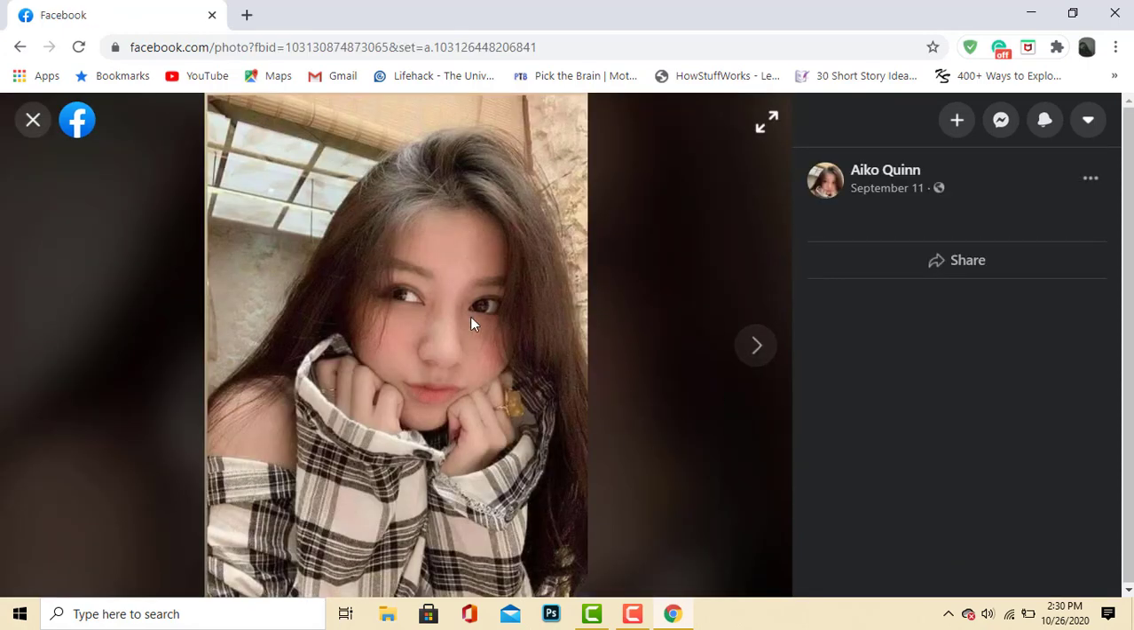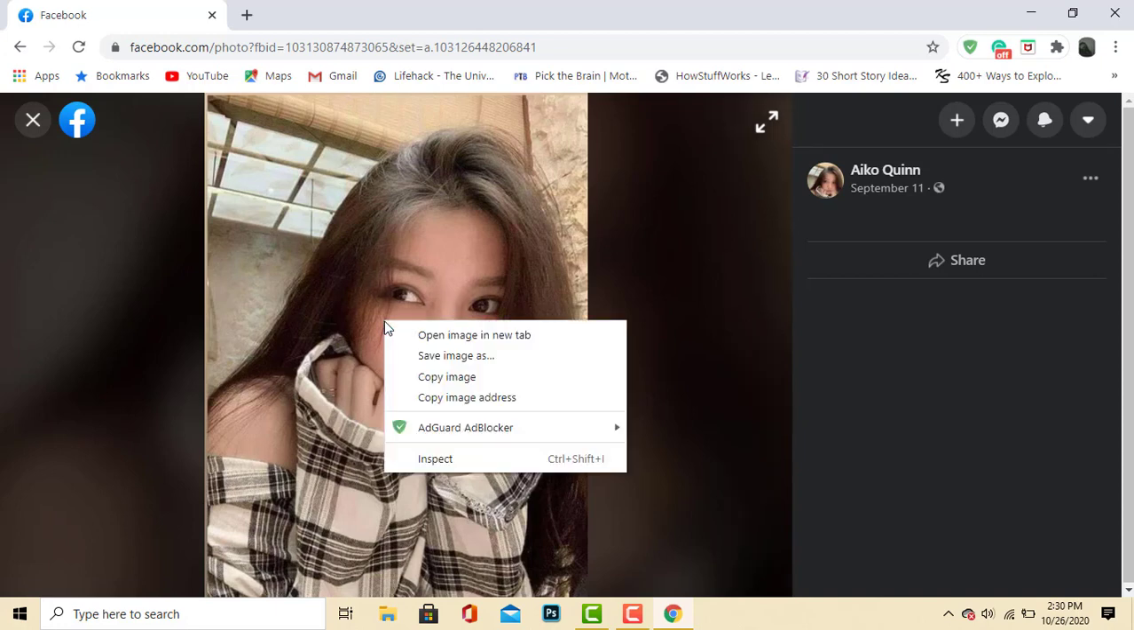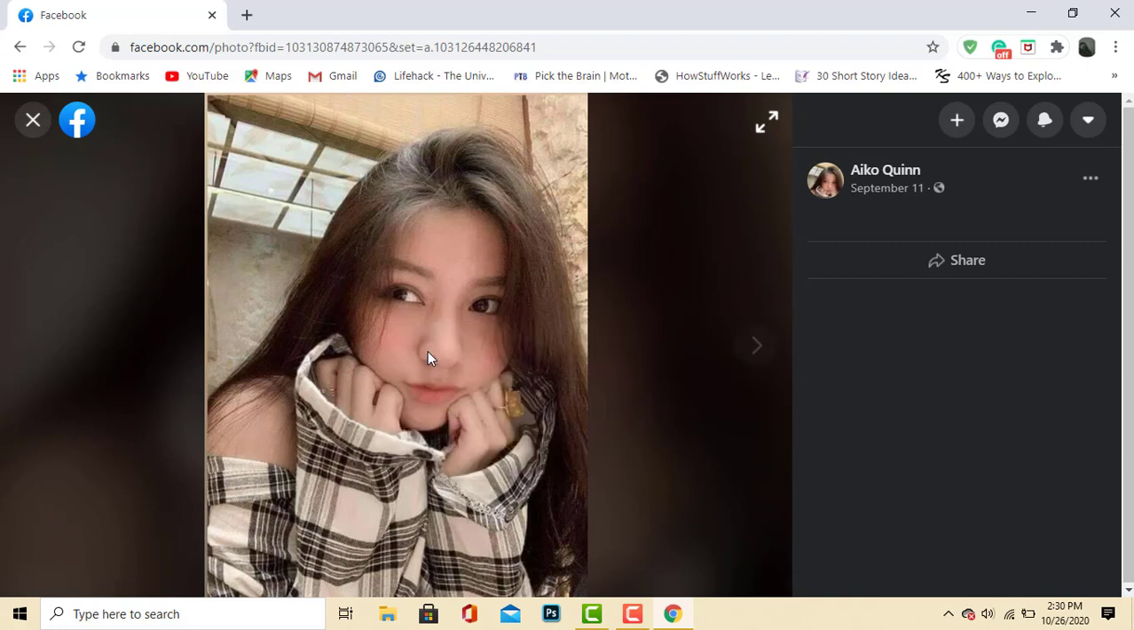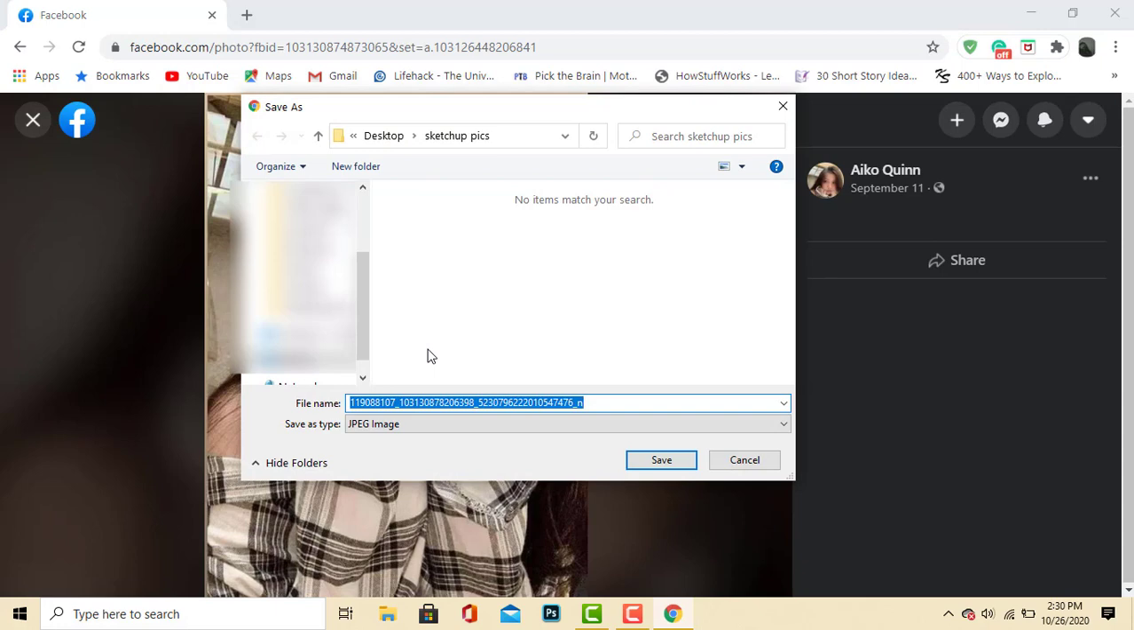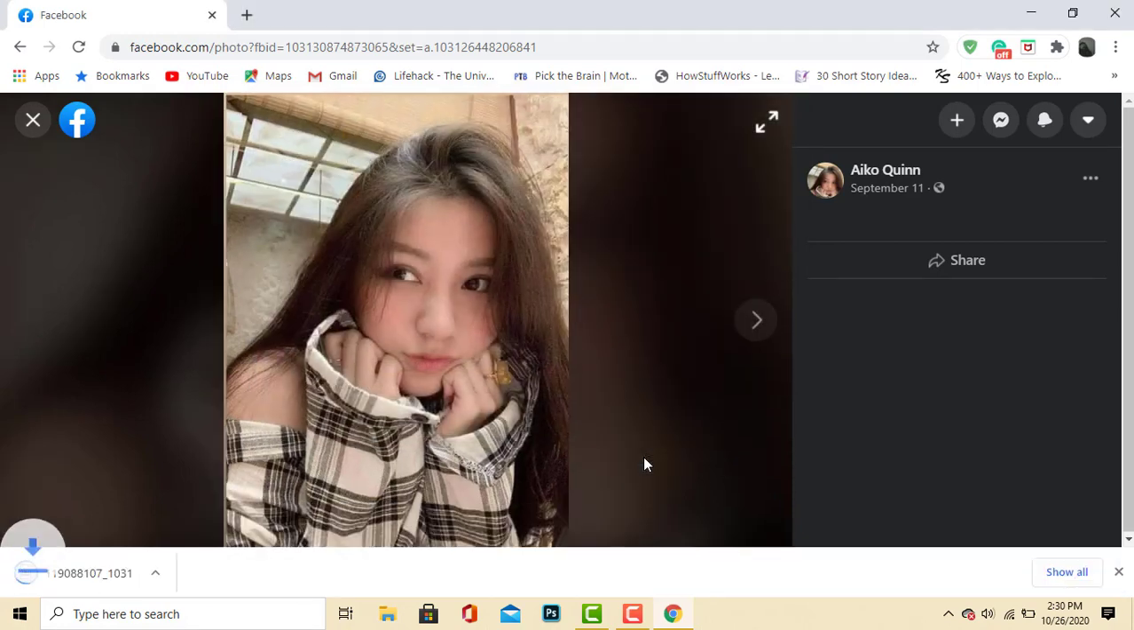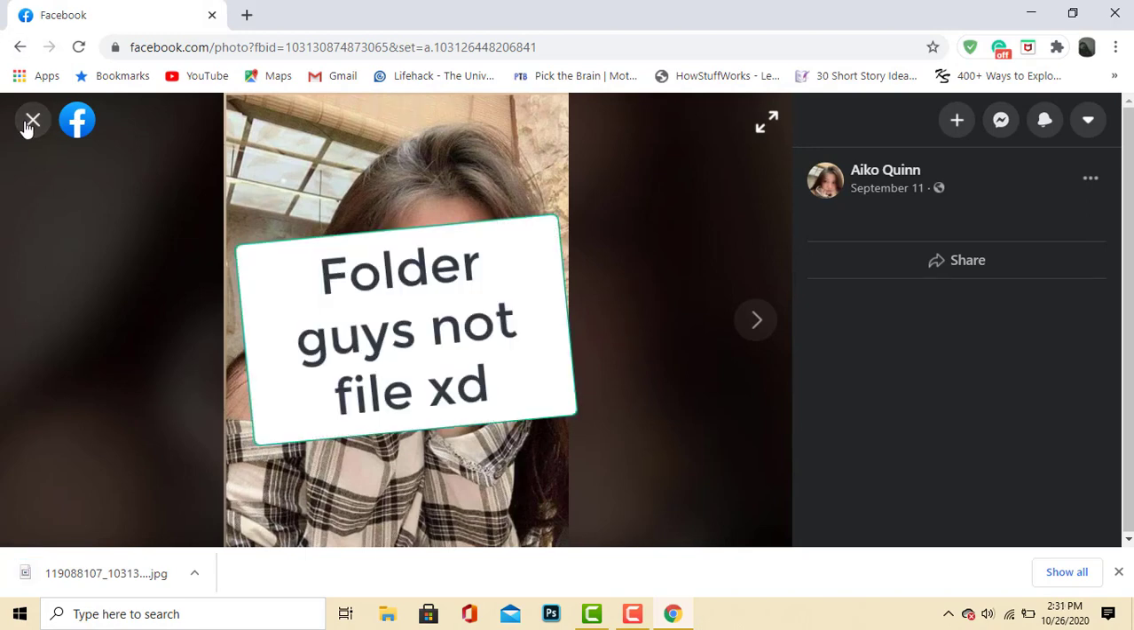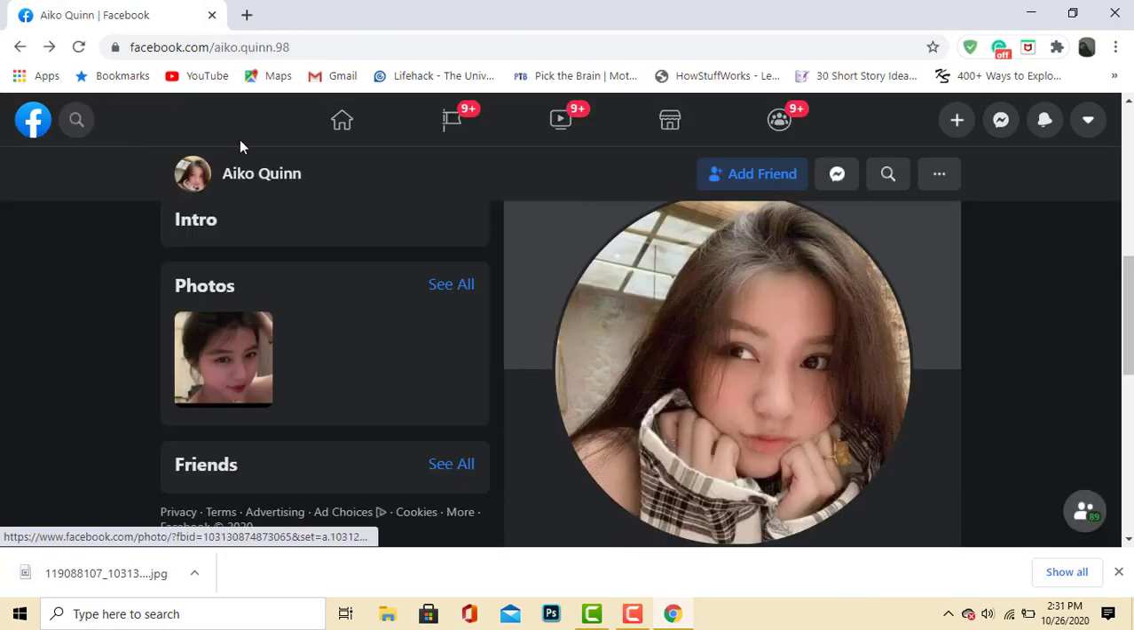You can go to photos to search some photos or profile picture. So after that, right click on your mouse, then click save image as. Then you can also rename the photo and save it inside the file that you want to keep your picture, and then minimize the Chrome browser,